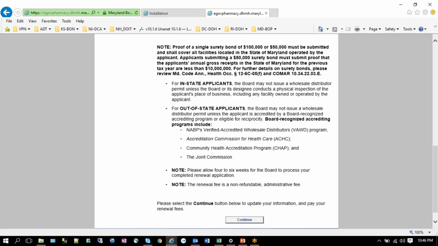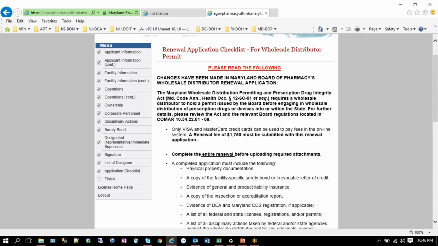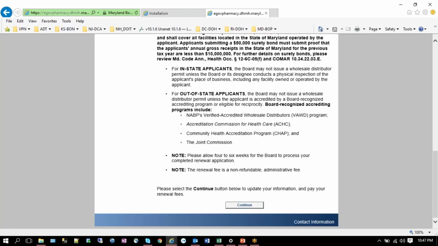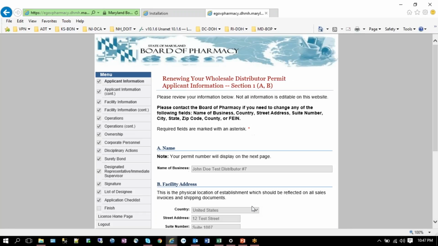Something very important to remember when you are renewing is that there are two ways to navigate the pages. You can get through the pages by clicking on these links, and that will be advisable once you finish the application if you need to go straight to a particular page. However, the first time at least when you are going through, and if you ever want to save any of the information on the page, you should use the buttons at the bottom of the page, because these will save anything that you've entered. I'm going to click the continue button here,